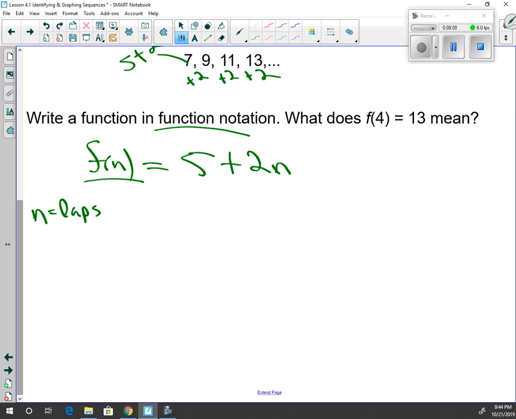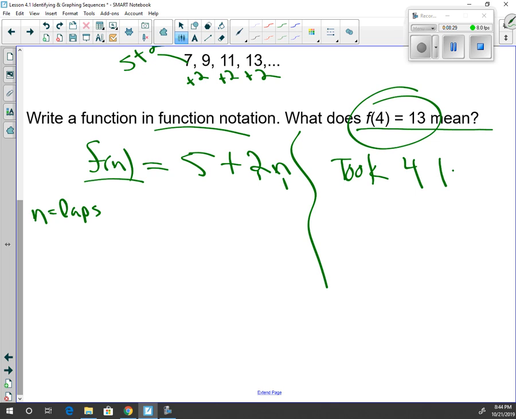And so if I want to know what f of 4 means, right? Well, f of 4, if I substitute 4 in, 2 times 4 is 8, plus 5 is 13, and it already tells me that f of 4 is 13. But what does it mean in the context of the problem? Well, what that means is that I took 4 laps, and it cost